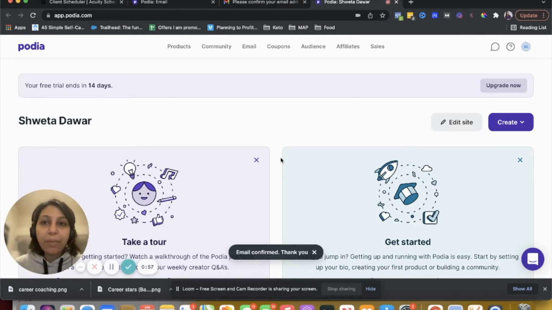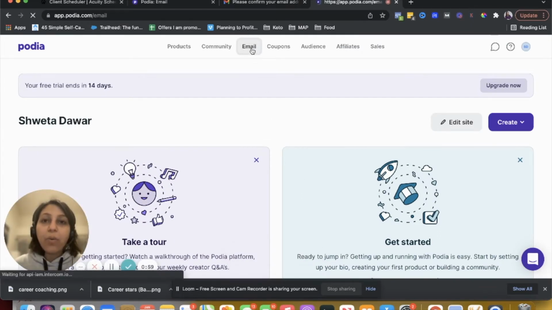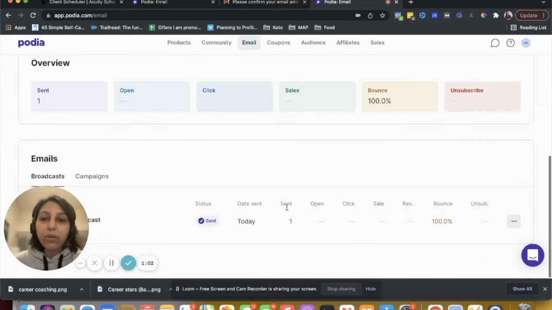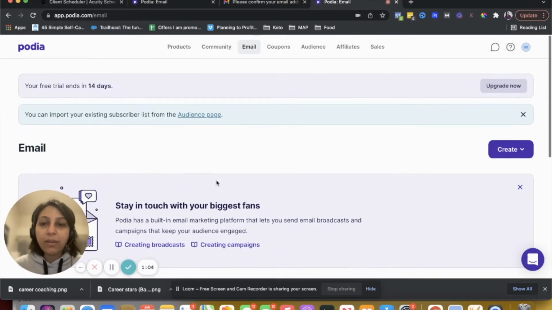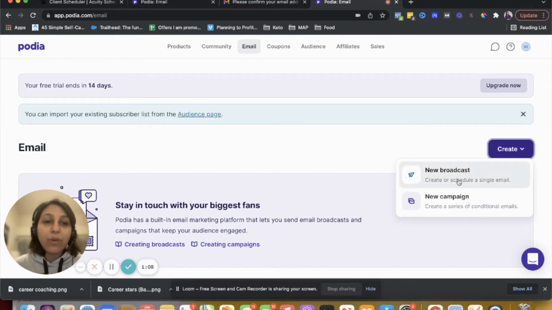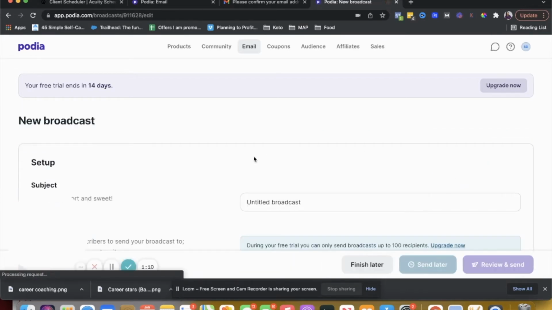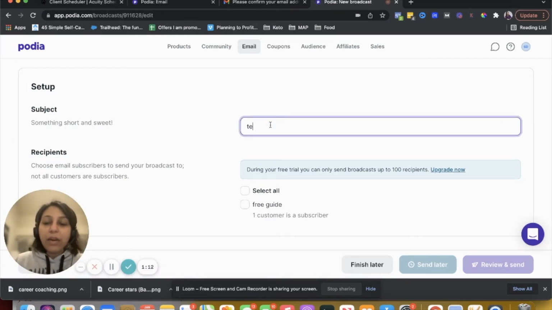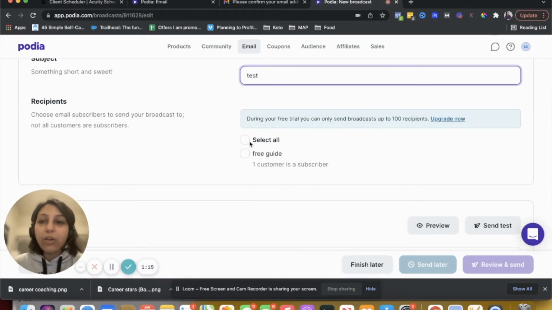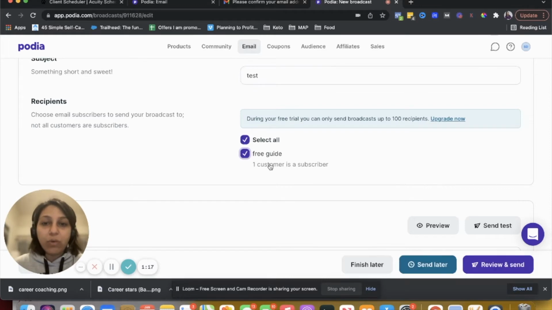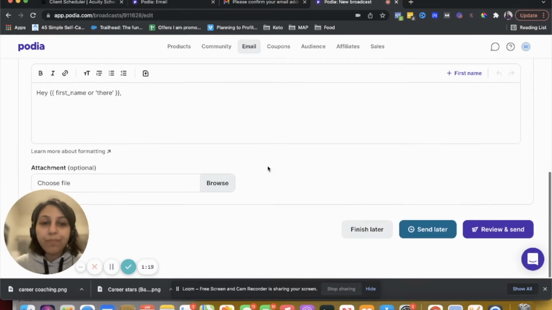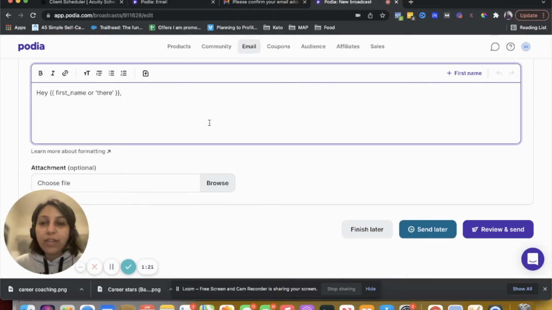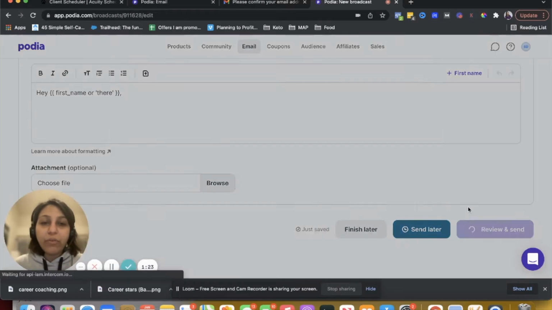Okay, so now my email is confirmed. Now I will be able to create emails and send emails. The second thing that I want to point out here is if you're creating a broadcast or a campaign email, let's say I was sending out a test email, you have to select who you want to send out to. I'll send it out to one subscriber, and you'll just add something here, click on review and send,